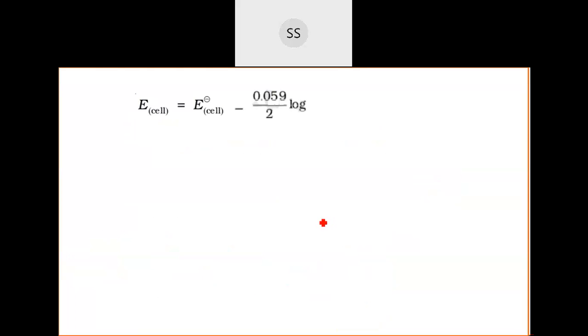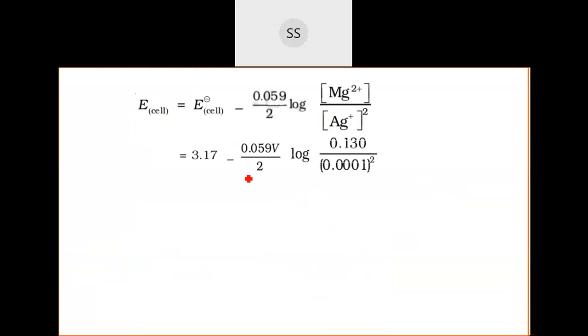Now we will do the substitution of the values also. This was the equation which we took. So 3.17, the E naught cell value, is given to you. Sometimes E naught cell value will not be given. Instead of that, 2 values will be given to you. So in that case, what you have to do is higher value minus the lower value. Positive value you take first. I'm making it very simple and then trying to tell you how you will remember that: higher value minus the lower value. Means positive values will come first usually. But if both are negative values, you need to check which is the higher one and which is the lower one. So here E naught cell is directly given to us, so we have done the substitution.